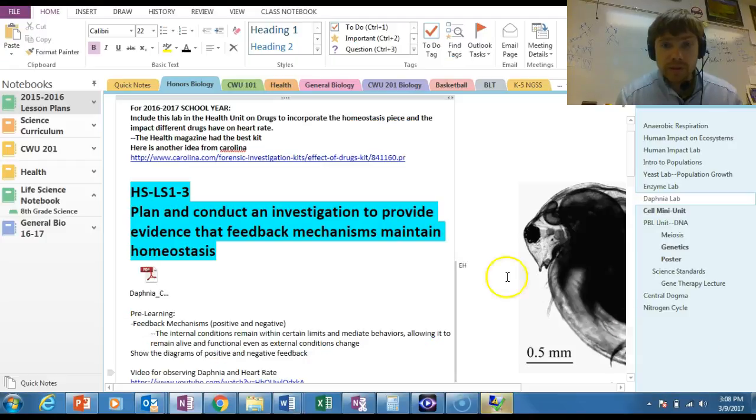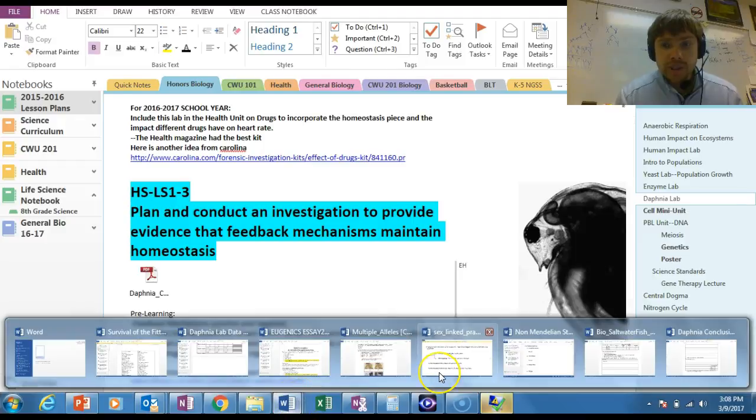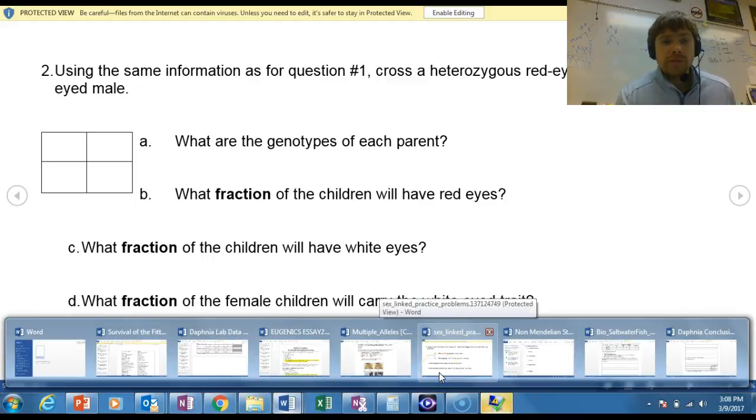What's going on with the computer? But a couple things that you do need to make sure that you do is to have it in full